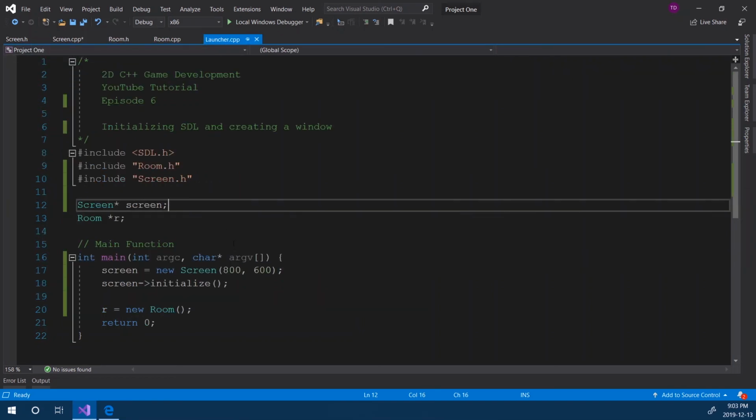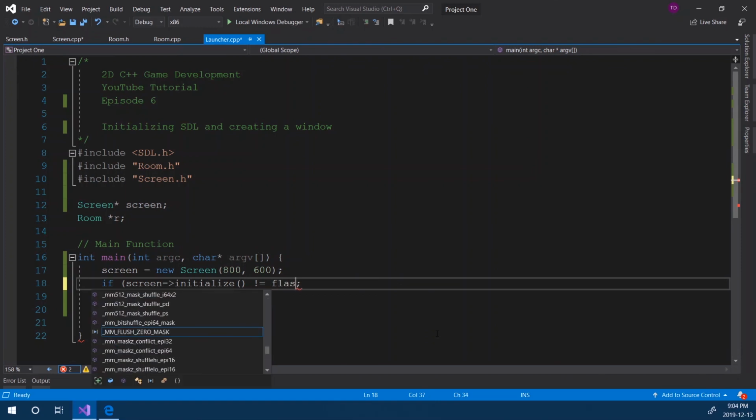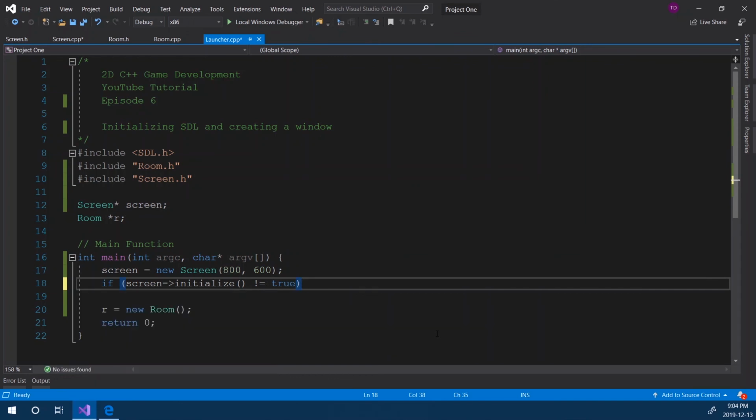So let's go back to our launcher. We called it here. That means it's going to return something. So in this statement here, what if we put an if statement? If screen.initialize is not equal to false, if it's not equal to true, then